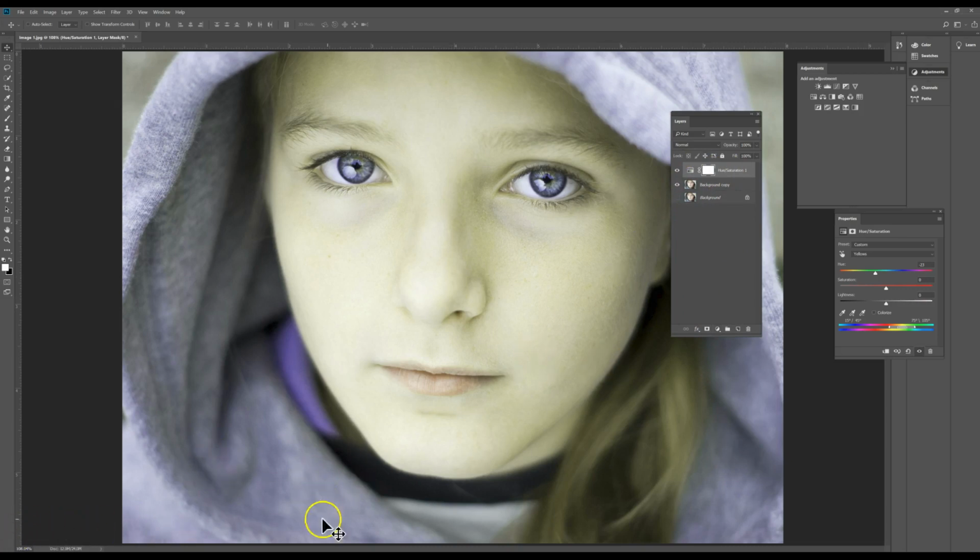Sorry about the dogs. So anyways, as I was saying, whenever you use an adjustment panel or adjustment layer, it